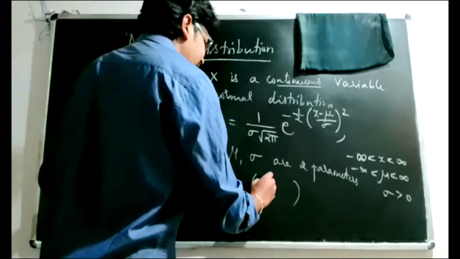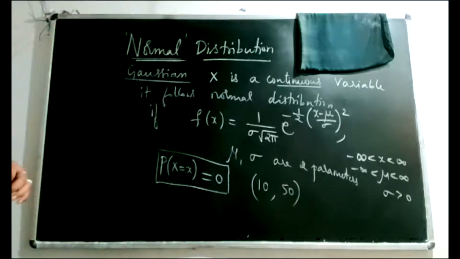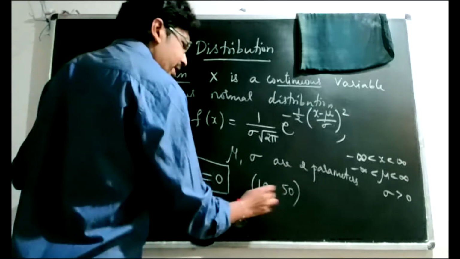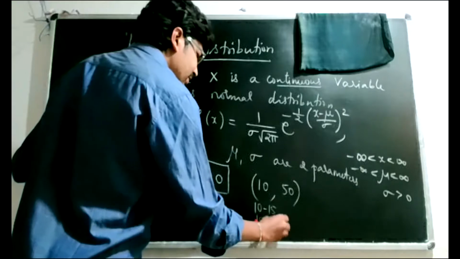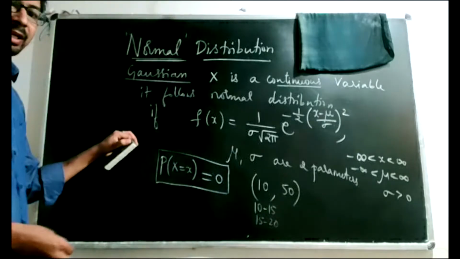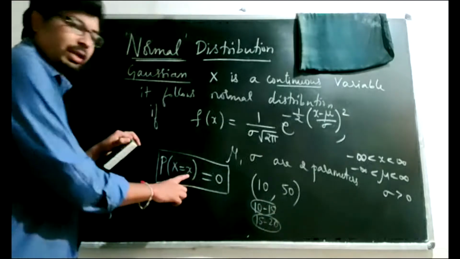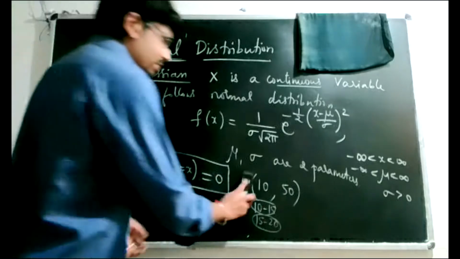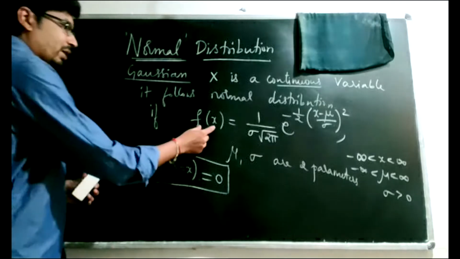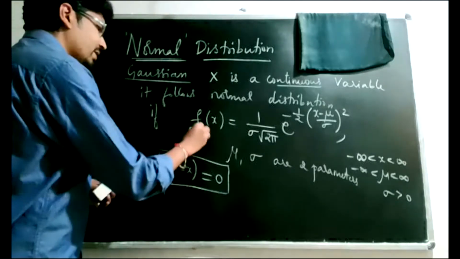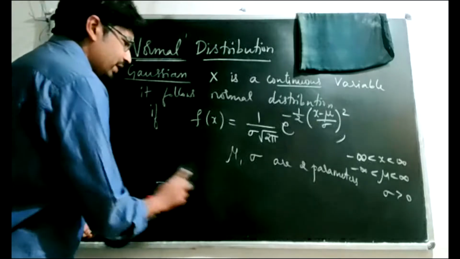So if I say the weights of students are between the values 10 and 50 kgs, it could be any number between 10 and 50, and even for shorter cases we may consider sub-ranges like say 10 to 15, 15 to 20. So the values are taken over small ranges but not individually. So for every continuous distribution, we can't write p of x is equal to x. We'll write it as a mathematical function f of x, or you could call it p of x also. We are not talking about the discrete values of x.